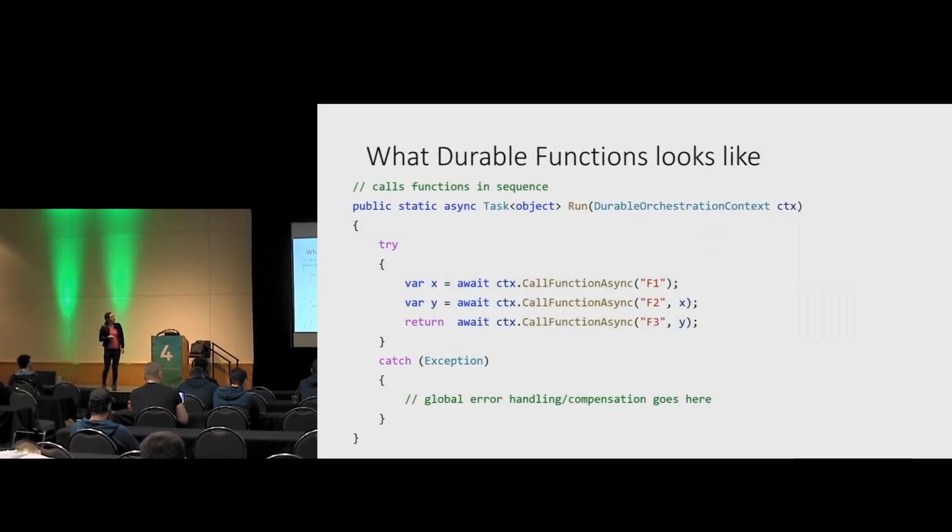All right, so what does durable functions look like? This is an example of a durable functions orchestrator, specifically the first chaining example that I showed you in that grid a couple slides ago. So one of the things about this that I want to point out is that we're using a lot of very familiar non-distributed C# coding conventions, like try-catch blocks. So in this case, if I have an exception that happens in one of my functions that I'm calling, F1, F2, or F3, and I don't handle it within that function, that's going to get marshaled back into this orchestrator where I can handle it, just like if I had called out to, say, a different class library in a non-distributed